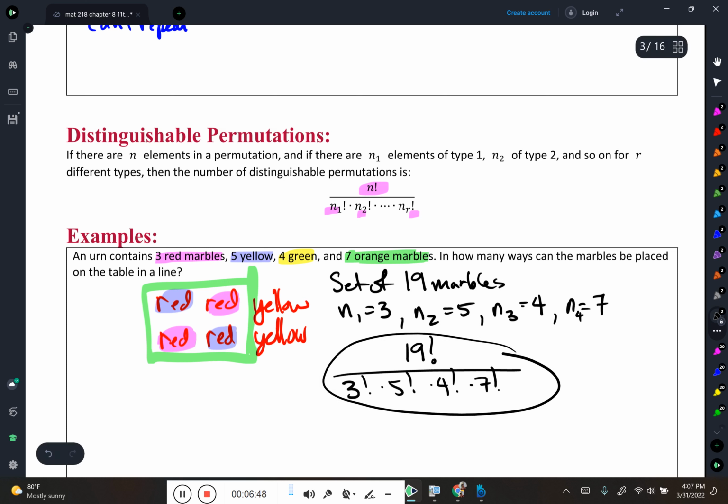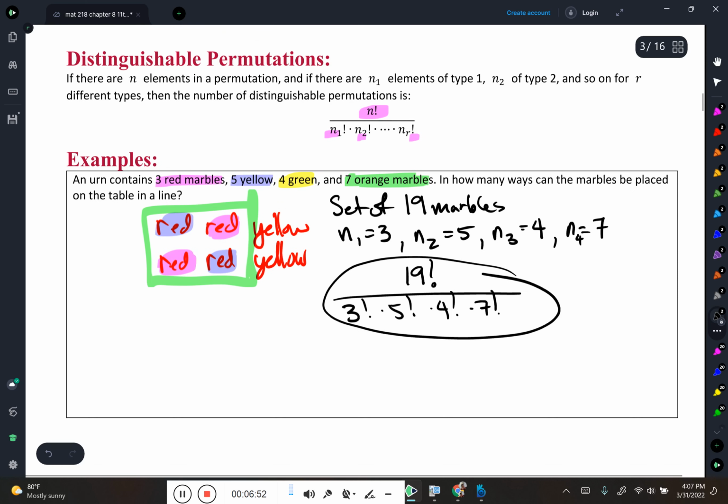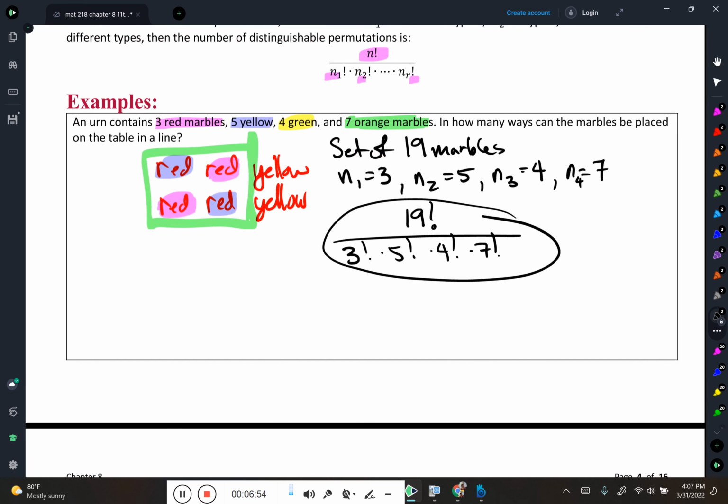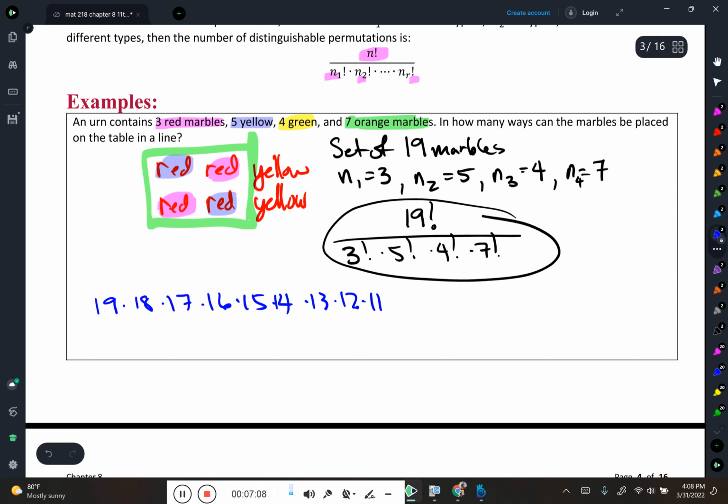Now I can either do this by hand or I can type that as it is in the calculator. I'll show you both. If I was going to do that by hand, it would look like this: 19 times 18 times 17 times 16 times 15 times 14 times 13 times 12 times 11 times 10 times 9 times 8 times 7 times 6 times 5 times 4 times 3 times 2 times 1 divided by